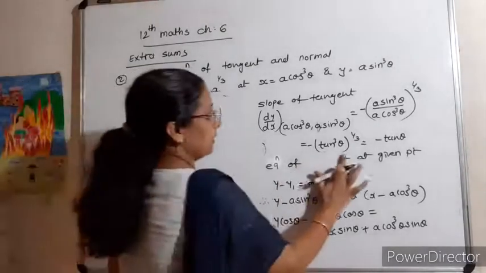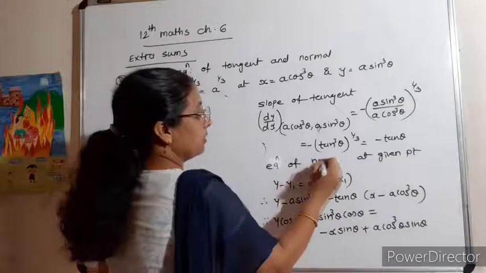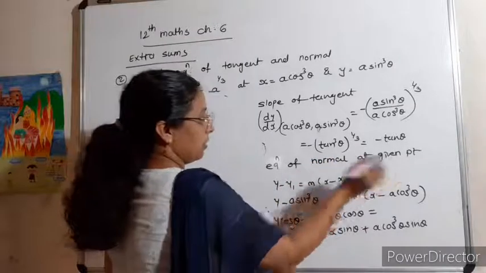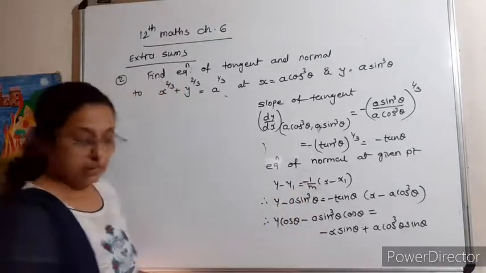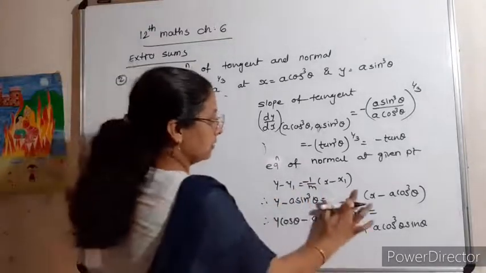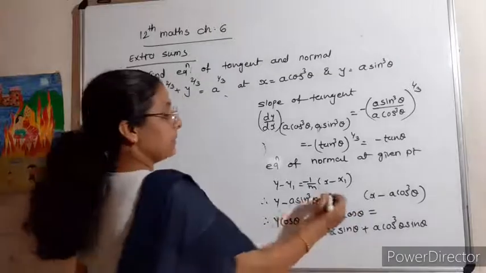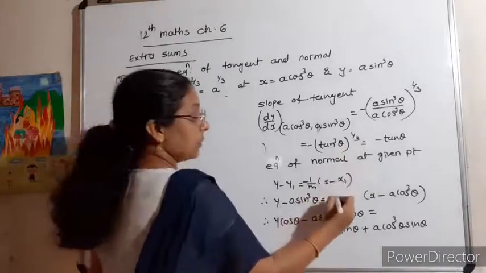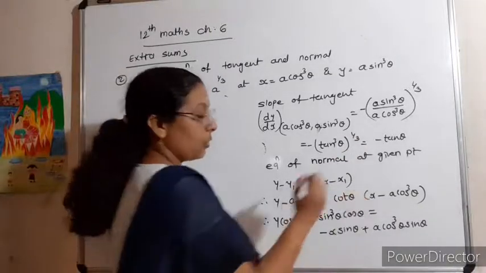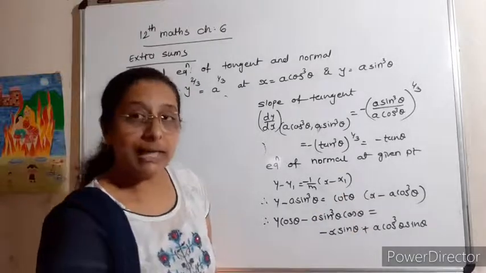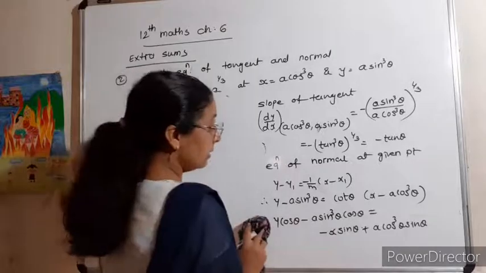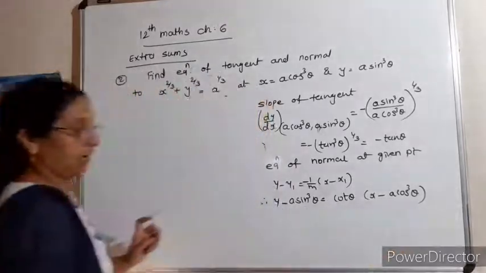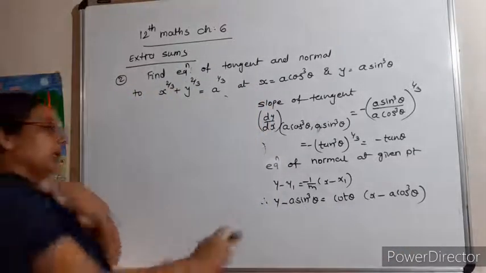Okay, हम यहीं पे करते हैं. चलो, equation of normal. So instead of m I will write minus 1 upon m. So that here it is minus minus plus 1 upon tan theta is cot theta, minus 1 upon tan theta. Tan theta is that is cot theta. Yes. Then cos upon sin होगा. So you will multiply here sin.